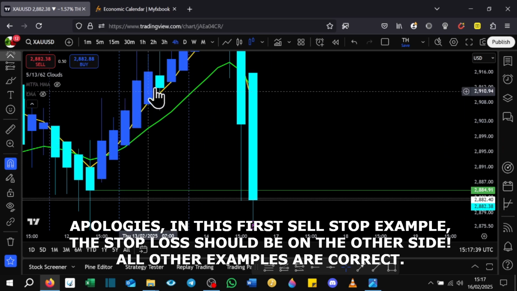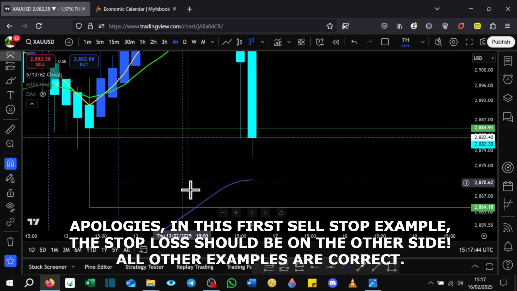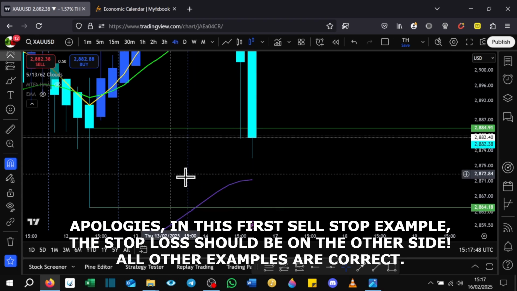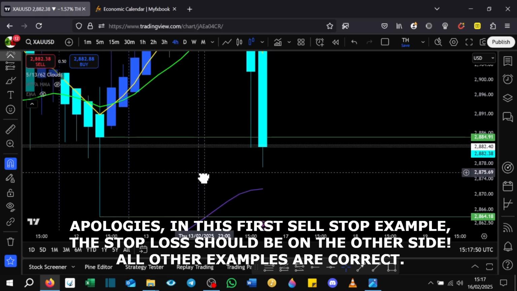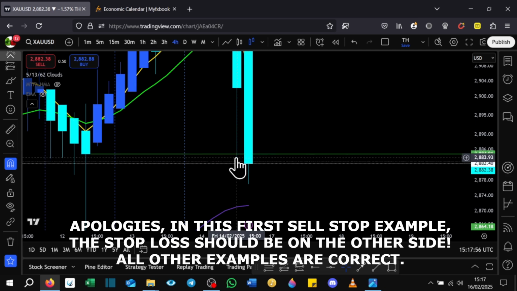So the market has moved away. We're setting a sell stop here. We've set our risk in advance. Our stop loss is here. We've worked out our risk management. We're risking 1% of our account, 2% of our account. Happy days. When the market goes past this order here,